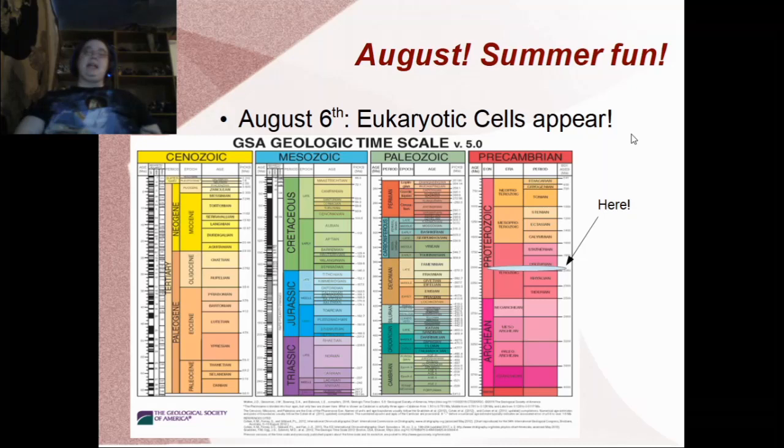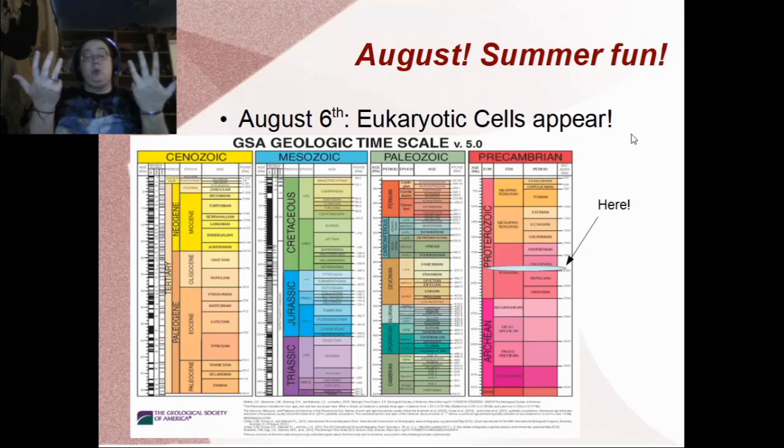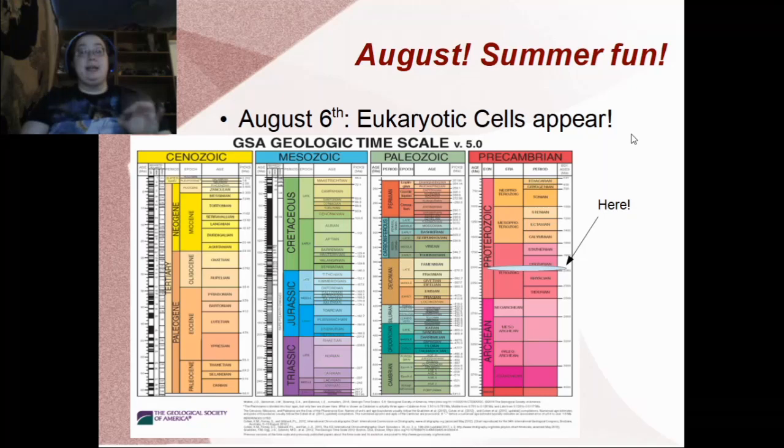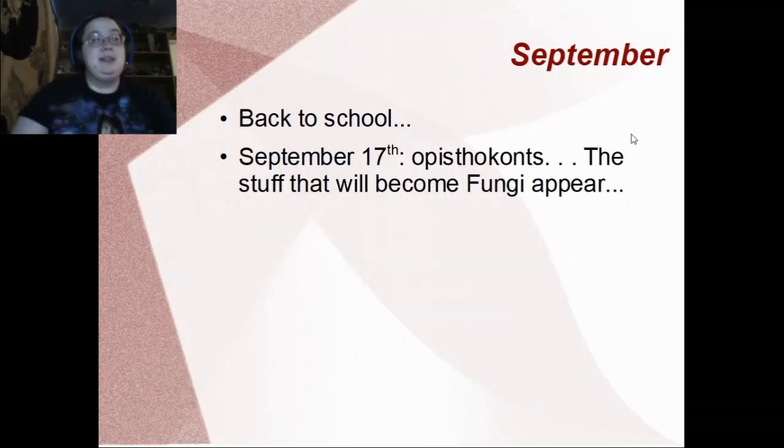I have them all kind of laid out as general locations because, like I said earlier, there is a bit of a margin of error between the beginning and the end. So these are the best guesses. But this is really cool. And you know what else is really cool about eukaryotic cells? Well, once we get into September, they begin to do something weird. By September 17th, we have the